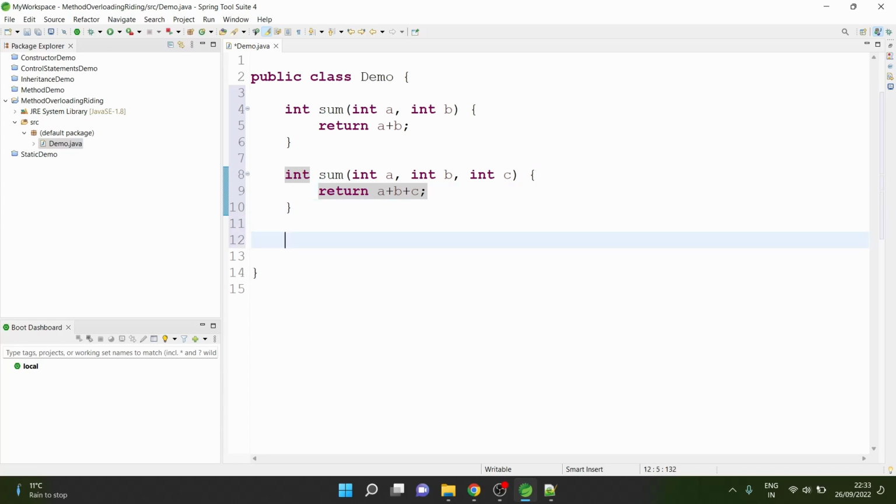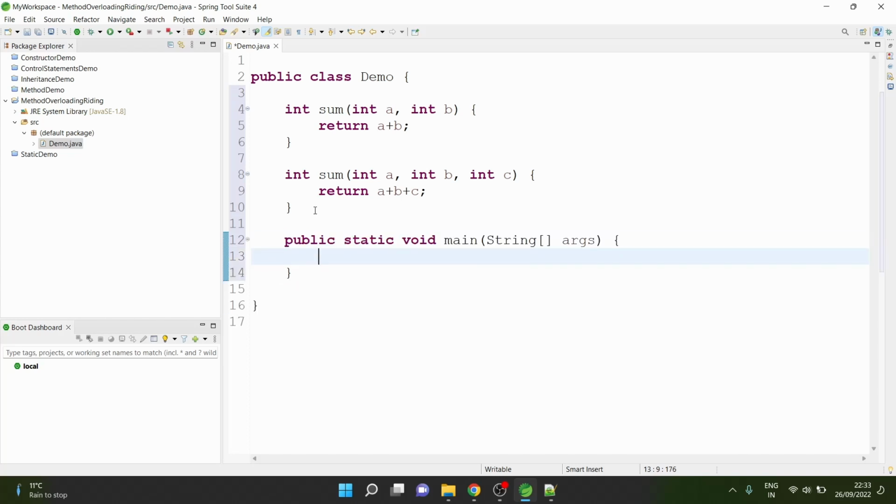Now let's have a main method. We'll create an object of the class, new Demo. You can also do one thing here: if you do not want to create an object of the class, we know what to do. Make the methods static. Now sysout,